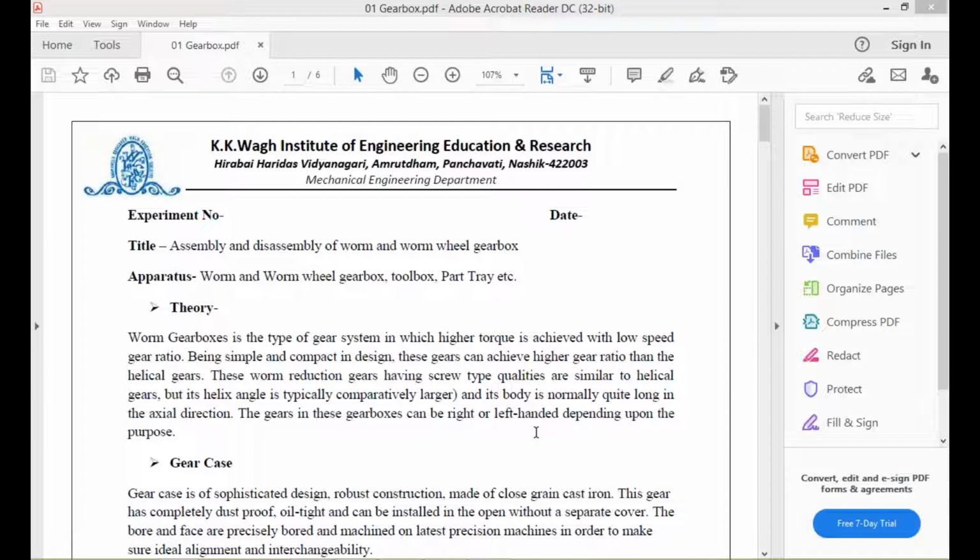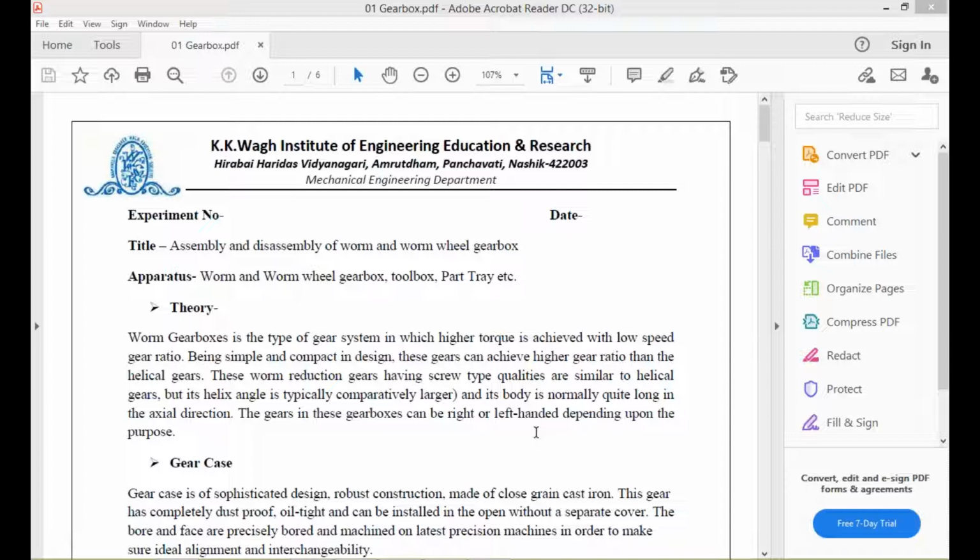In the shop floor, each and every machine has some failure, some difficulty. So by using different tools, our aim is to disassemble that machine, and after disassembly you can find out the fault, then replace the part, or modify that part, and then assemble it again. So there is some theory, and based on that theory, here we are going to conduct three practicals for today's session.